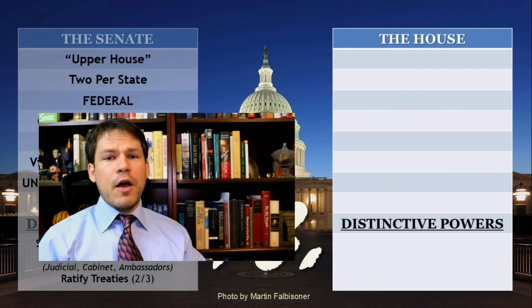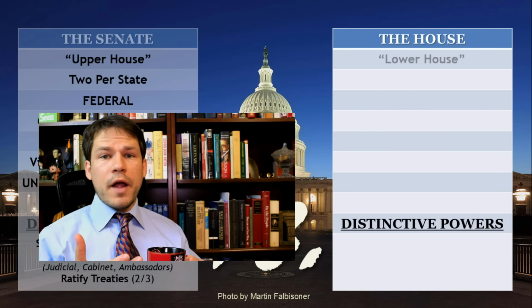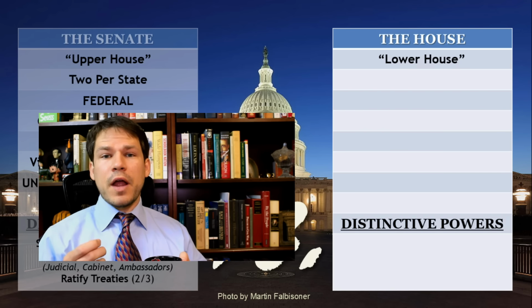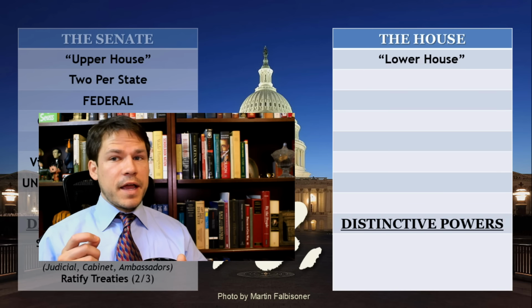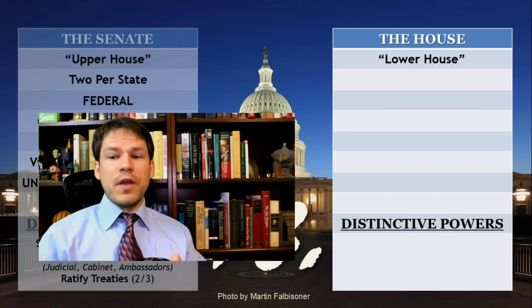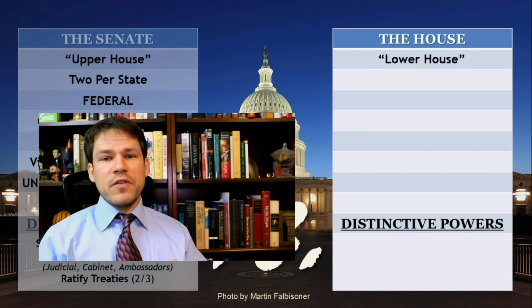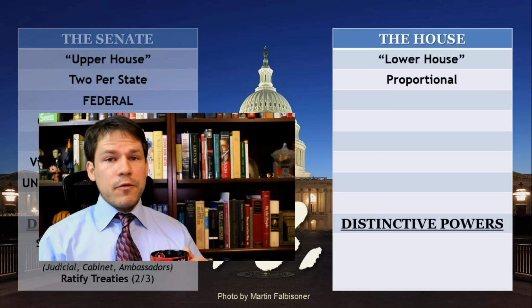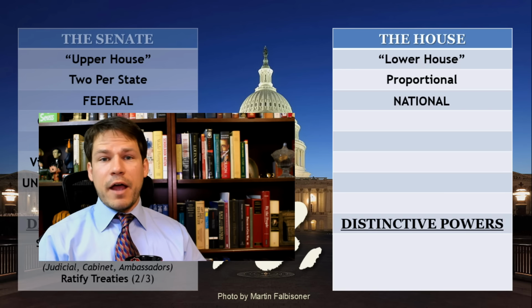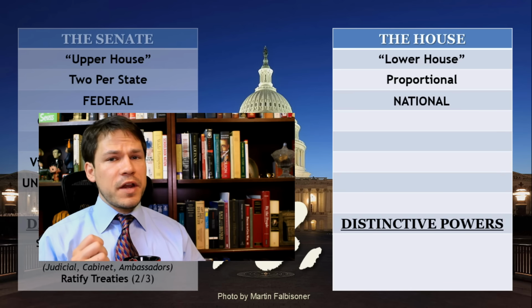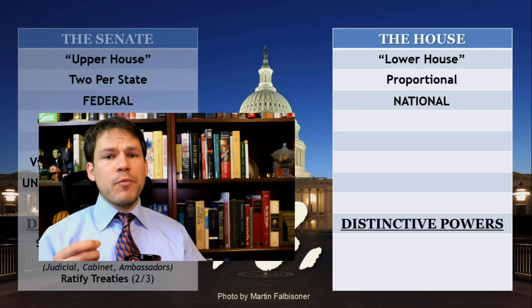So now on to the House, which is known as the lower house. Now, of course, this was intended by the framers to be the more democratic house, the house that directly represents the people. And the representation in the lower house is proportional, which the intent here is for this to be the national house. James Madison wrote in Federalist 39 that the government that's being created is partly national, but also